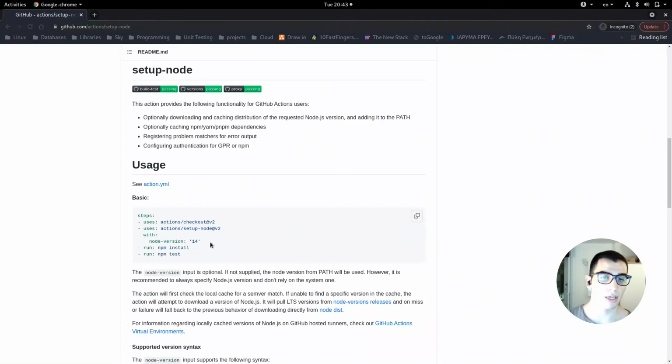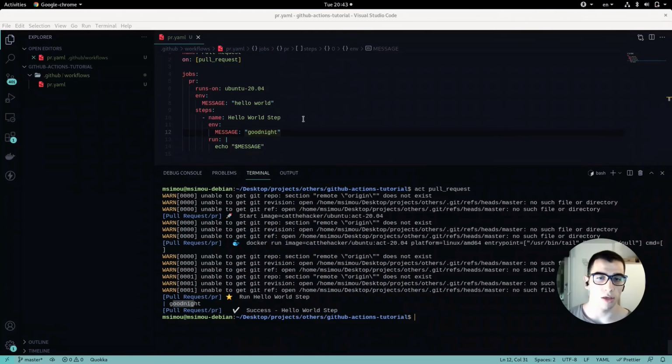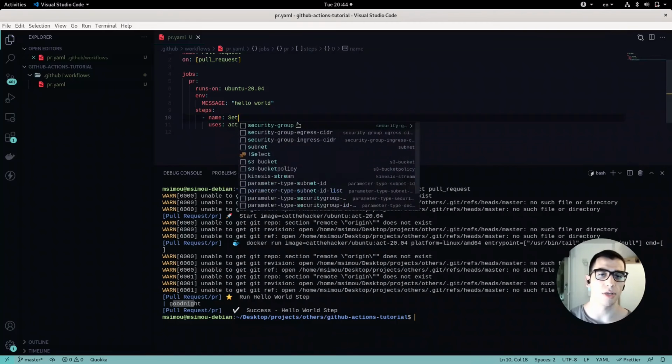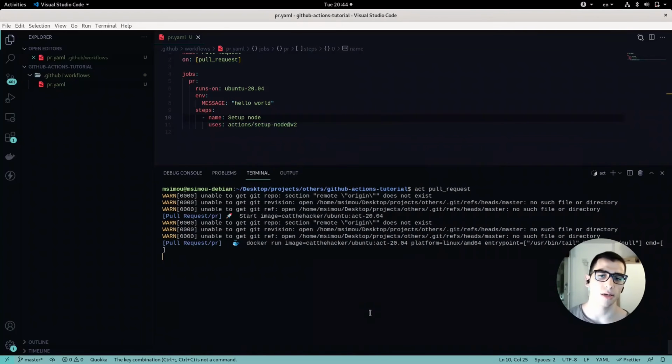So in our case, we are interested in the uses keyword, and if I plug it into my step, I need to delete this one, and I don't need this one. I will rename the step to setup node. So if I execute that step,